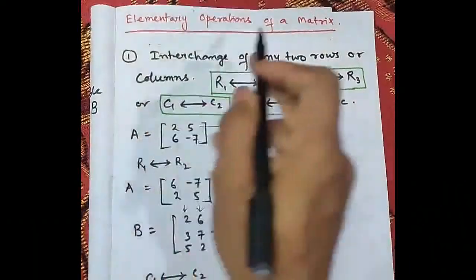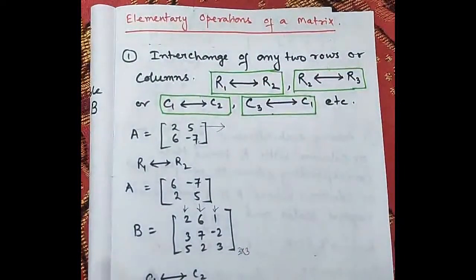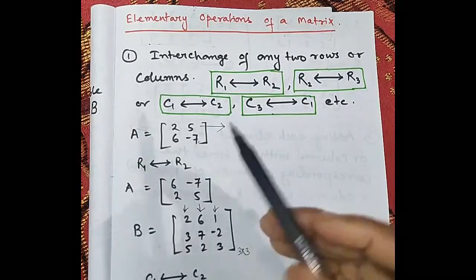This is elementary operation of a matrix. This is a very important topic and this is required to find the inverse by elementary row operation. A 6 marks question will come from this topic in the board exam. And this is also required in the chapter of determinant. So learn this very well.